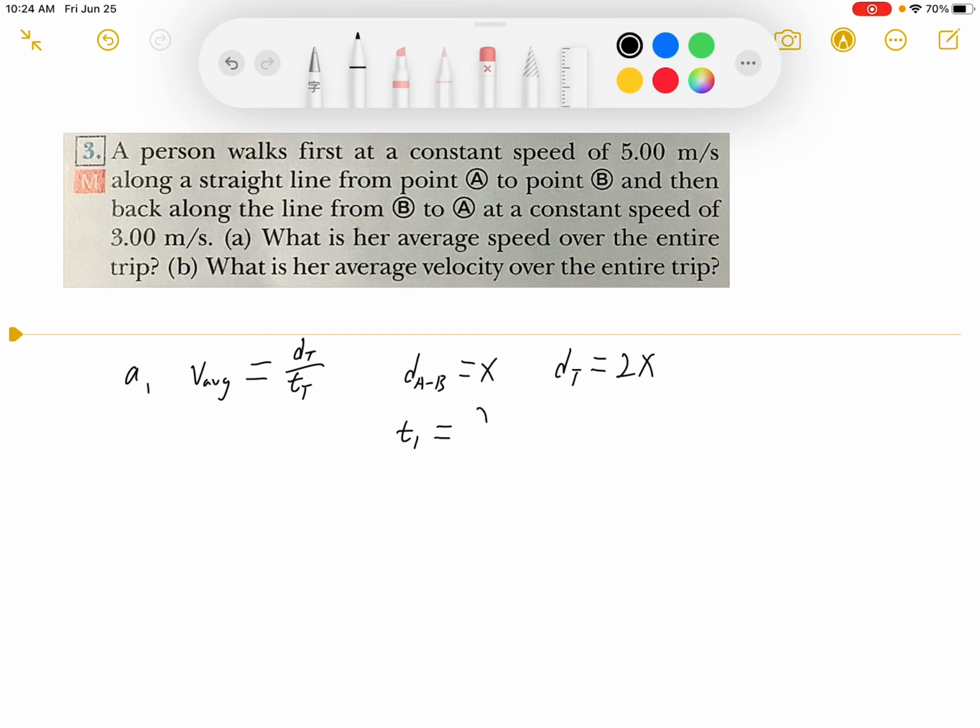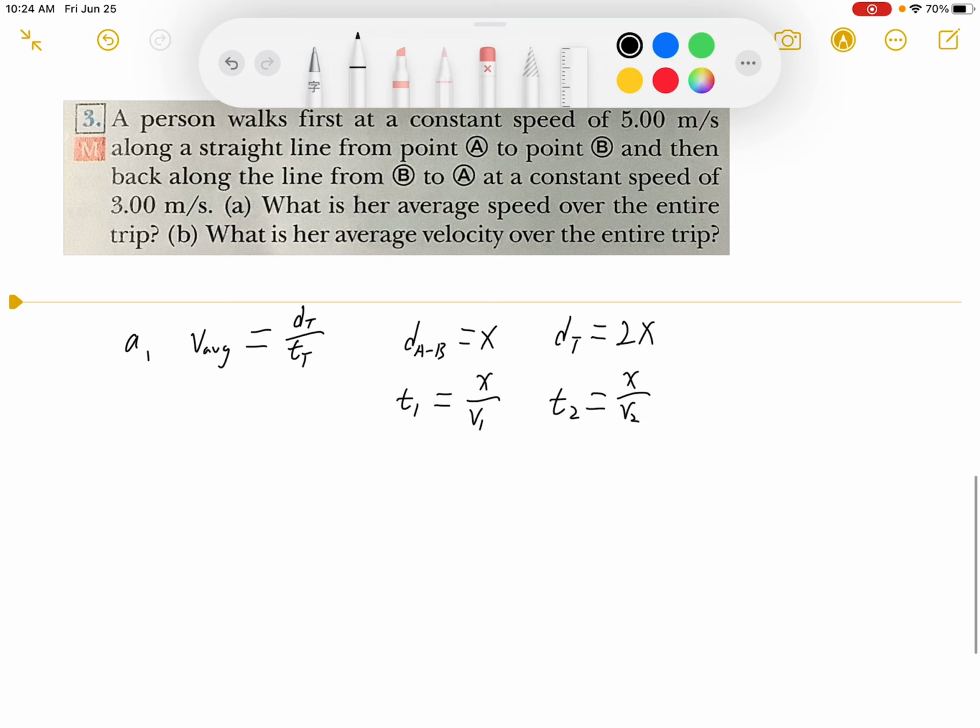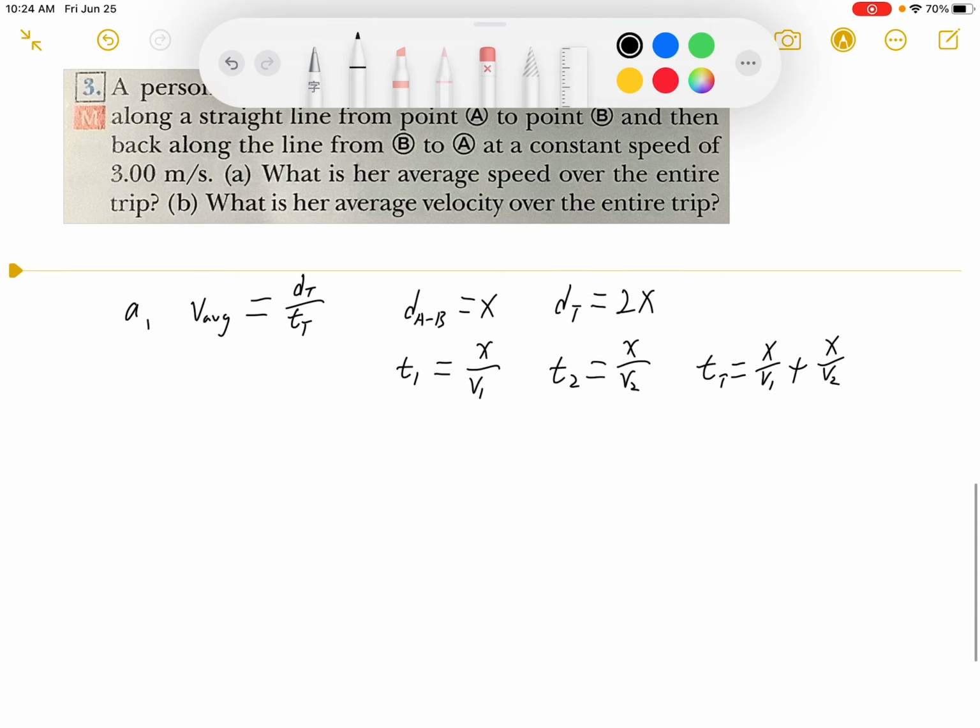And t1 will equal x over the speed v1. And then t2 will equal the distance over speed v2. So the total time will be x over v sub 1 plus x over v sub 2. So the average speed will equal the total distance, which is 2x, over the total time, which is x over v1 plus x